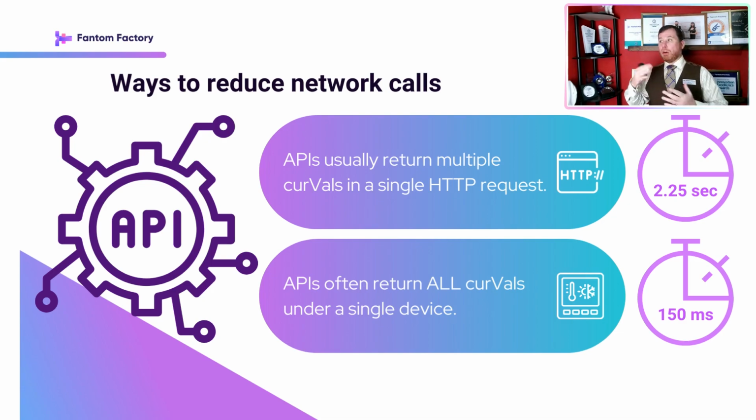So let's say if our 200 points were spread across 15 devices, that means we only need to make 15 connections to the cloud server. And that will reduce our overall overhead from 30 seconds down to just 2 seconds. And hell, if we're lucky, the REST API may even give us a way to return all the current values all at once. That's great. Okay, yes, so these fewer calls to the cloud server does result in more data being transferred back to us and more data we have to process then. But hell, as we've just seen, that is nothing compared to the overhead of actually making separate request responses to the server.